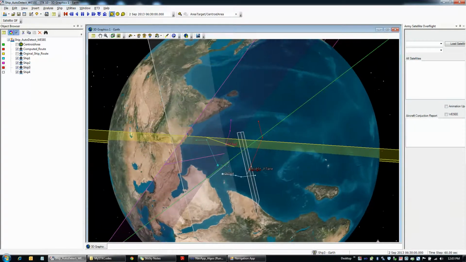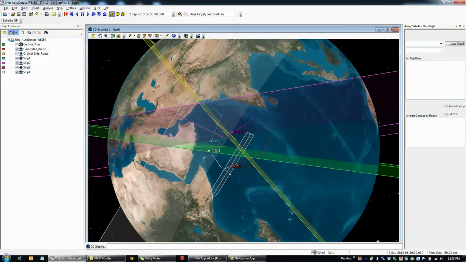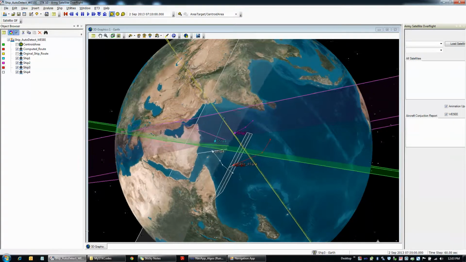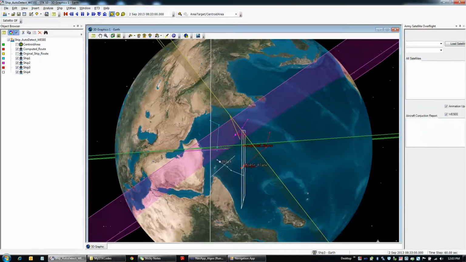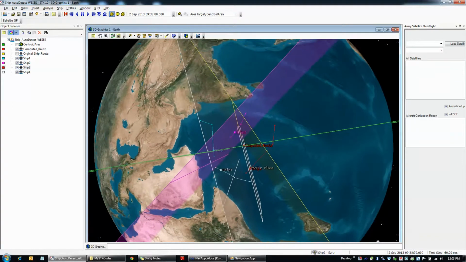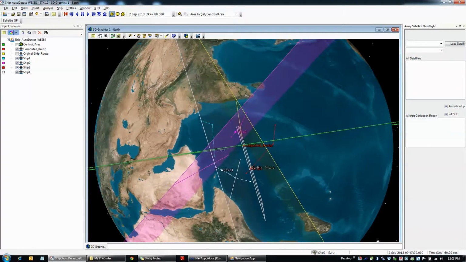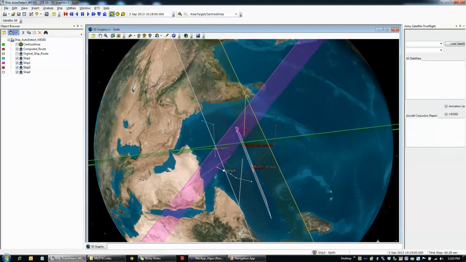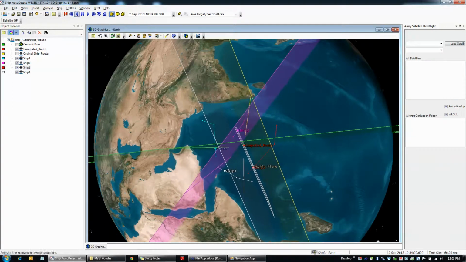All these bearing angles' intersection points, it is going to consider as a route for the ship. So I'll just click on this one. You can see the computed route, how it is getting calculated. This is the computed route. Basically it takes the intersection point of all these planes and finds the computed route. This is what it does.